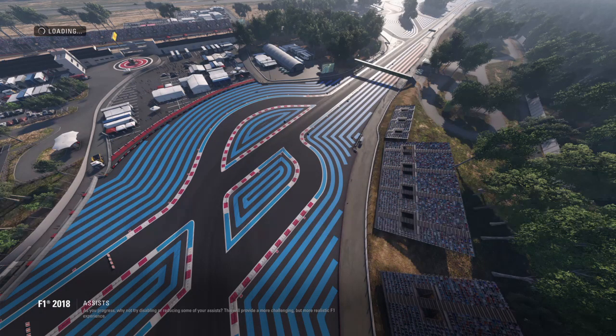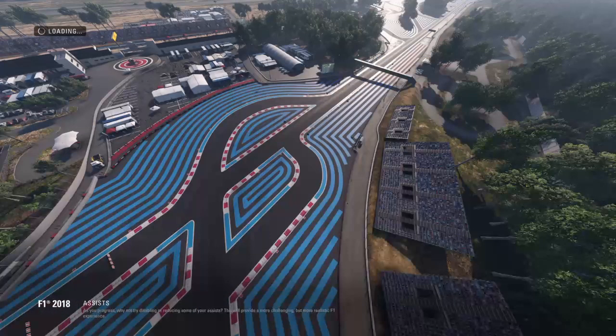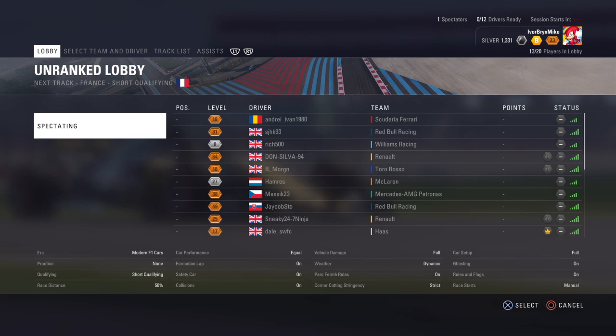So fantastic to see Hammers up on that top step. Fantastic racing with Jacob early on. Unfortunately, we weren't treated to a Hammers versus Sloshy fight, but Sloshy did just completely ruin his own strategy. So